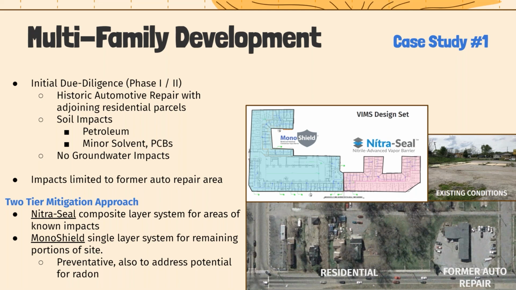So a 2-tiered mitigation approach was conducted. As you can see in the pink area of the site, a NitroSeal composite layer system was installed in the area of known impacts. For the remaining portion of the proposed redevelopment, MonoShield was selected as a preventative, cost-effective approach, which also addressed the potential for radon. This is a great example of a targeted mitigation where it counts and preventative measures into the